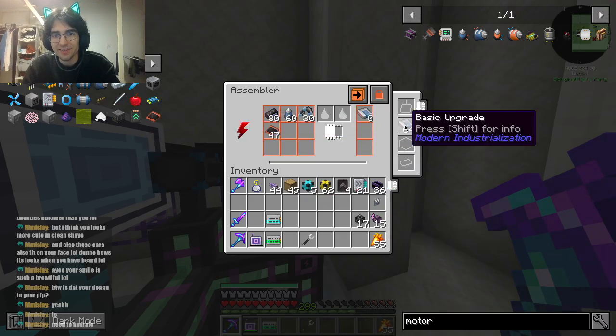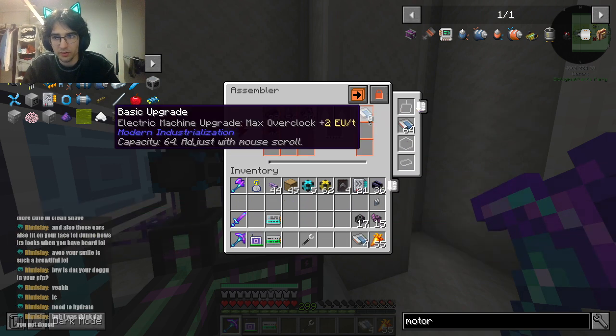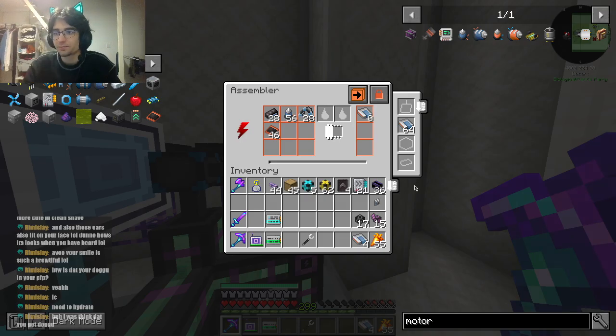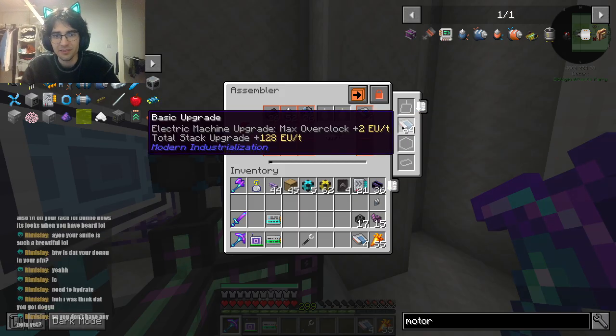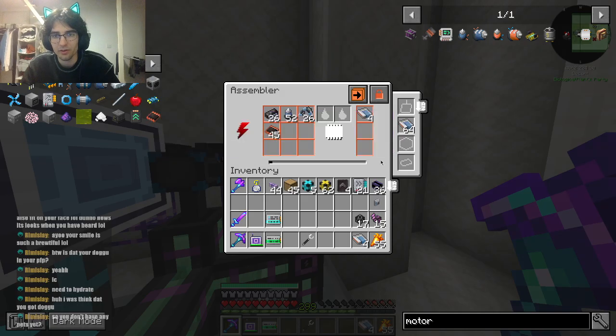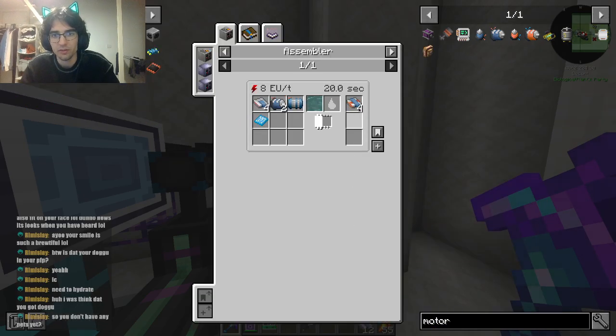Wait, you can put a stack of speed upgrades in? Doesn't it use 12 max? I thought it used 12 max. Nah, I don't have any pets. Wait, I didn't realize you could put a stack in. Total stack up to 128 per tick. That's kind of crazy. I guess they're the basic ones, but